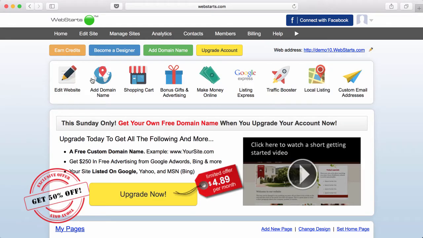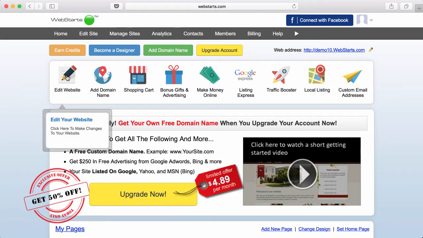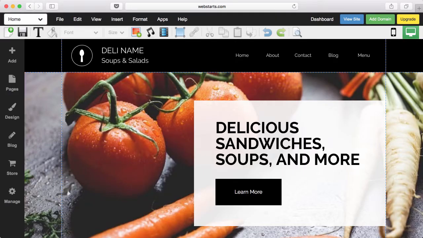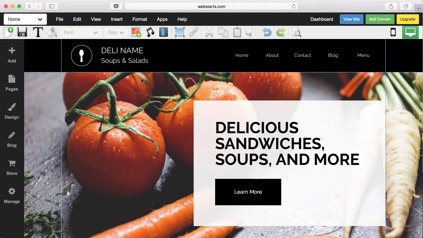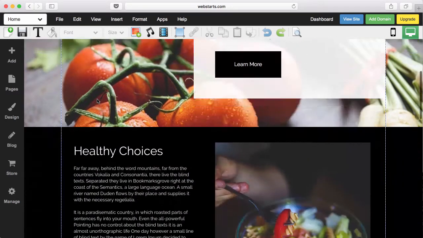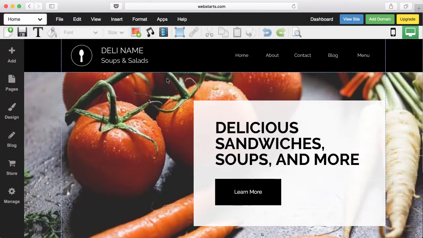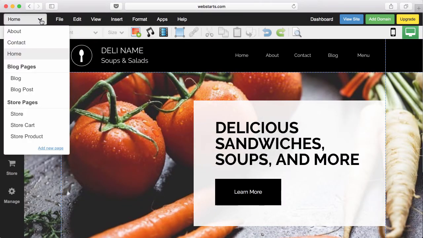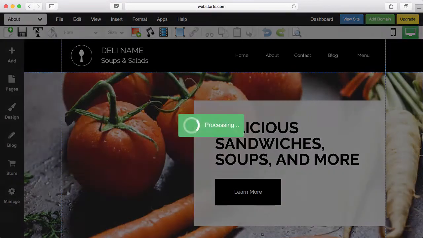Now that you're looking at what we call the dashboard, you can get in and begin editing your pages by clicking on Edit Website. Now you're looking at what's called the page editor, and the page editor is the place that you can make changes to the pages of your website. Notice you can choose which page you would like to edit by selecting it from the drop-down menu in the